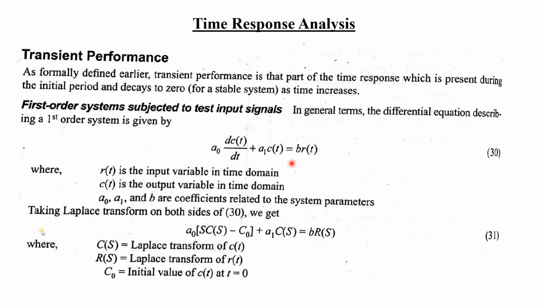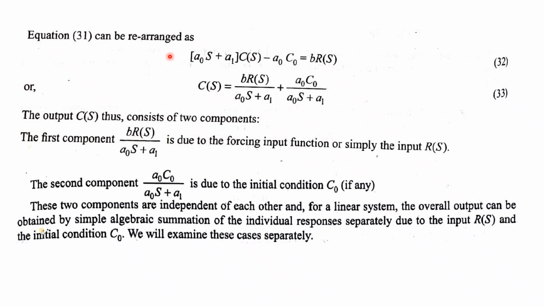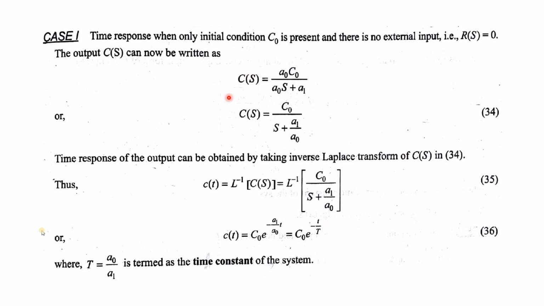So step number one is that your function, your equation, will be in time domain, because the system which is operating is in time domain. Okay. Step number two, what to do? In step number two, you convert into S domain. You convert to S domain, you consider your case. Once you consider the case, then you have the output signal.